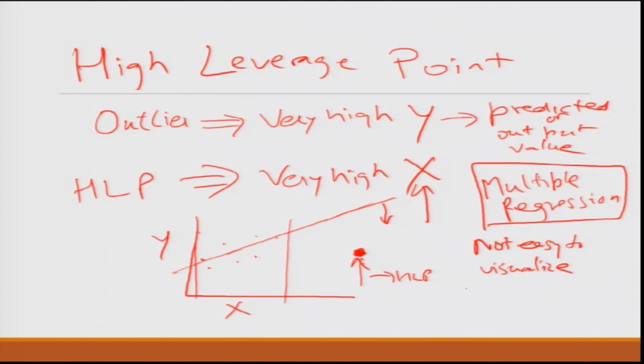Multiple regression means that instead of one x, you now have x1, x2, x3, xn. For each of these x1, x2, x3, xn, the value is within range, but if you look at all of them combined, it is somewhere out of sync. This is one of the reasons why it is very difficult to identify high leverage points, and yet they are the ones that skew your regression big time.